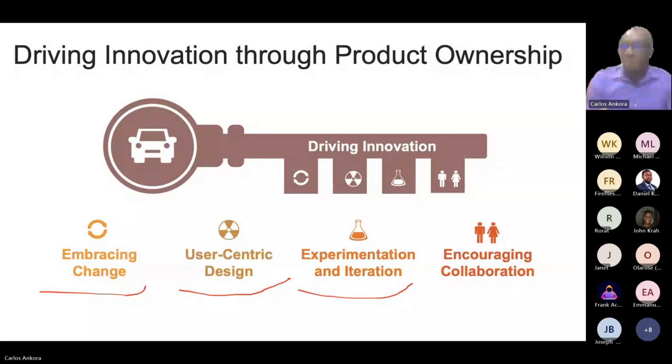Collaboration is essential for innovation within agile teams. Product owners should foster a collaborative culture where cross-functional teams would work together to ideate, to innovate, and then solve complex problems. And so usually by leveraging the diverse perspectives and expertise of team members, product owners can generate creative solutions, and it helps to break down silos and drive innovation across the